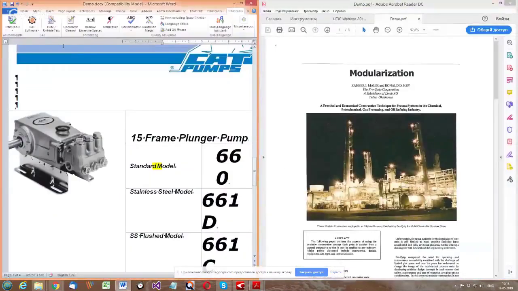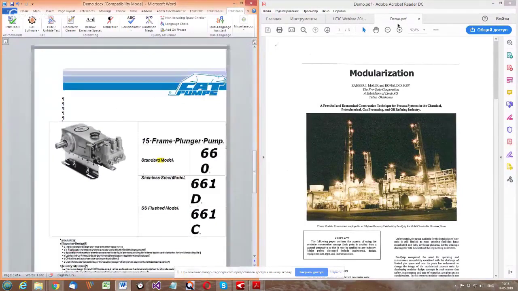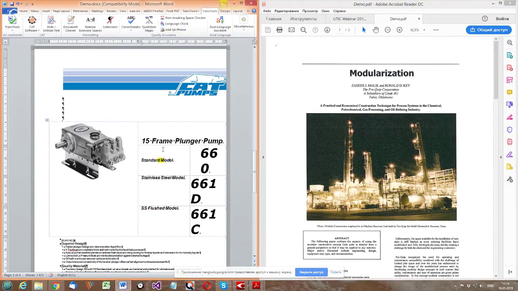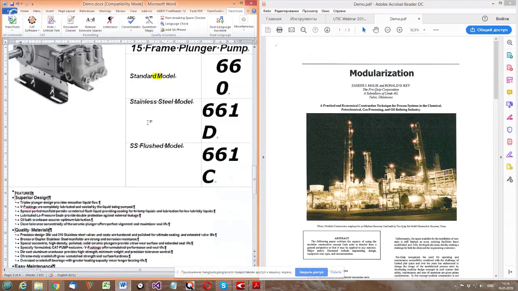So I've opened Microsoft Word in the window on the left, and this is the original in Adobe Acrobat Reader on the right. First, I make sure that all redundant page breaks and section breaks are removed. Let's check this.